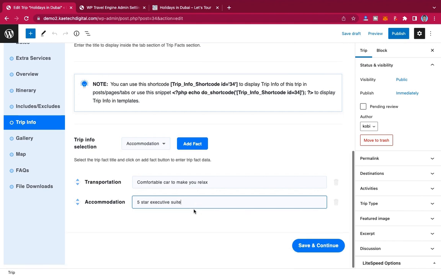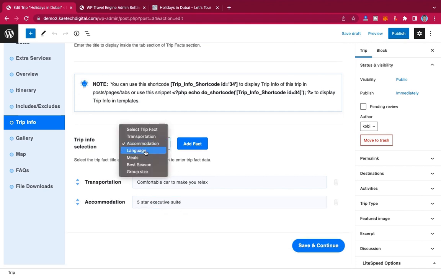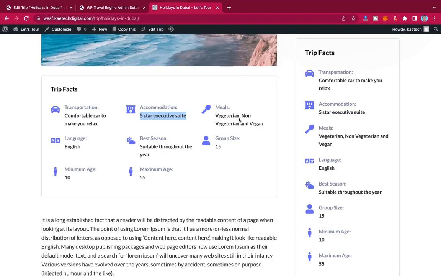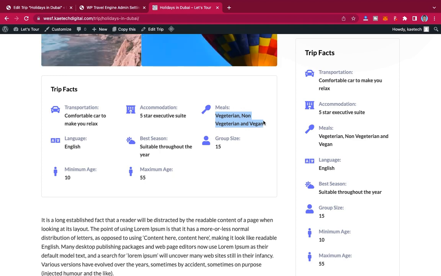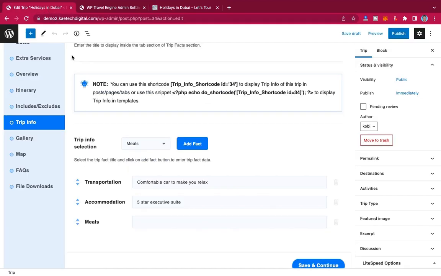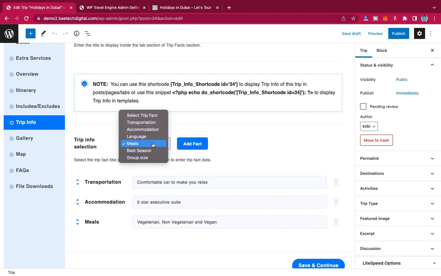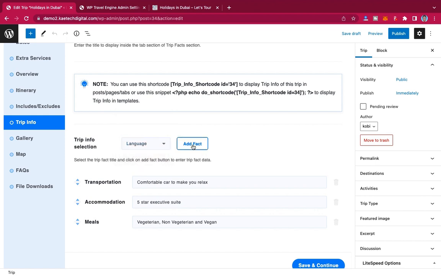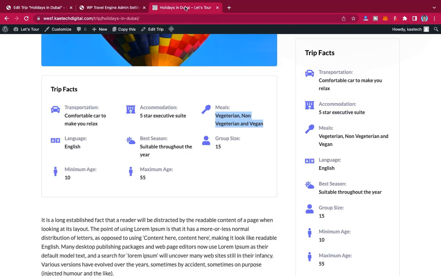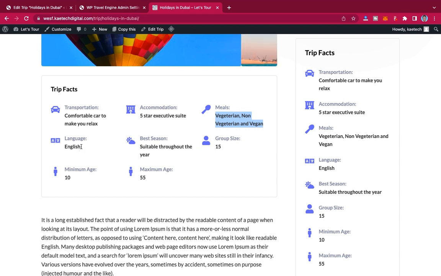So I'm going to add another one which says meals. With the meals we have vegetarian, non-vegetarian, and then vegan. So I'm going to place it also over here. Another fact that I'm going to add is language. So I'm going to add a language, and then I'll go over here to pick the language as